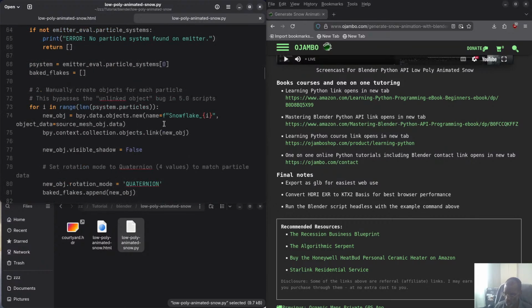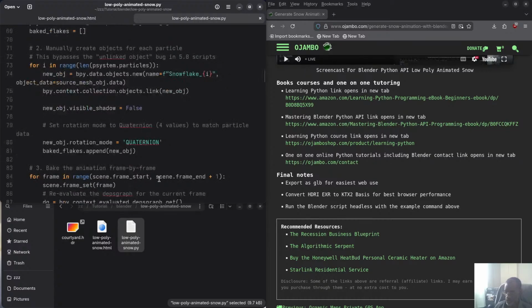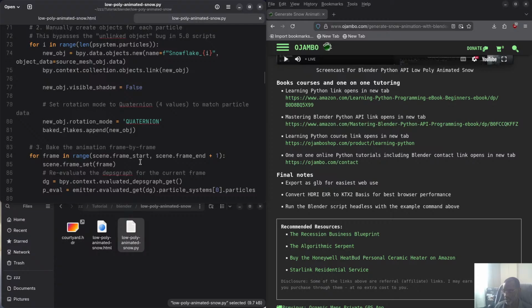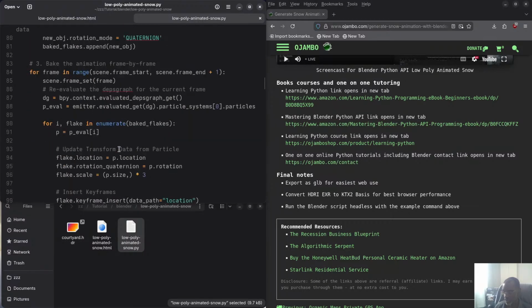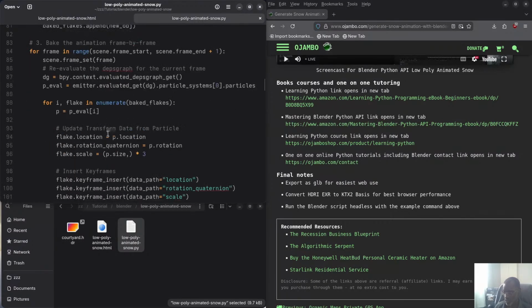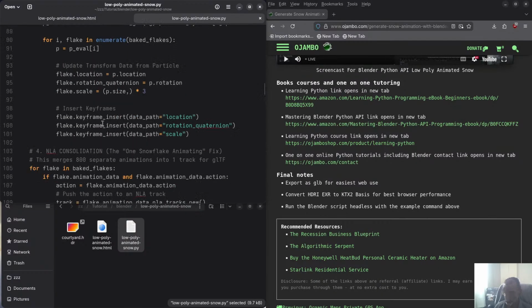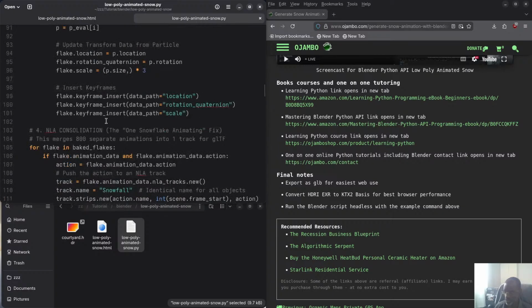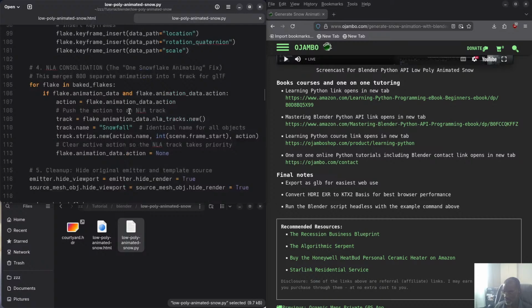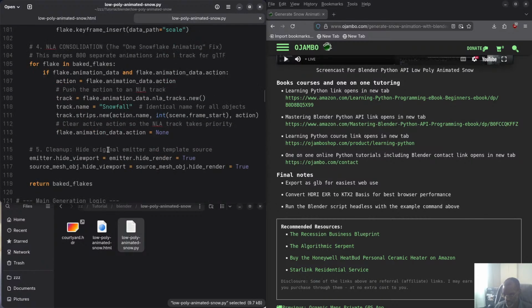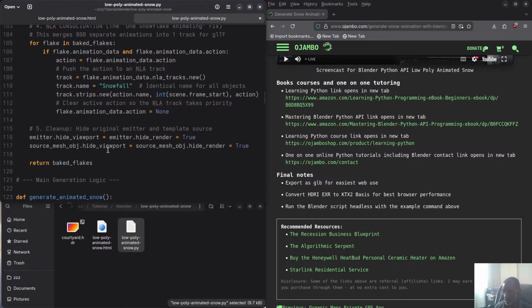And then for each of the items, the particles, we're going to bake them. Now, because we're doing individual, as you can see here, I'm sure there's a faster way to do this, but I wanted to make it as simple so you guys can follow along. I put just a bunch of for loops here, and we go through all of them, the location, where it's rotated, and just bake it. And then after that, we insert the keyframes, because remember the particle system also has that as well. So that's all it does, because each of those individual snow pieces needs to be